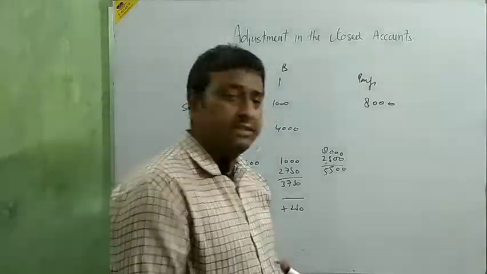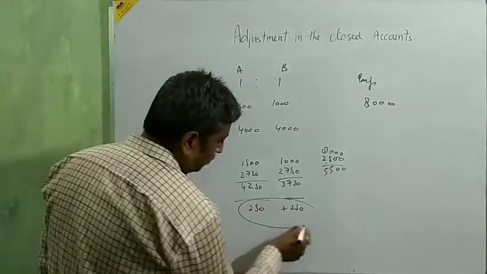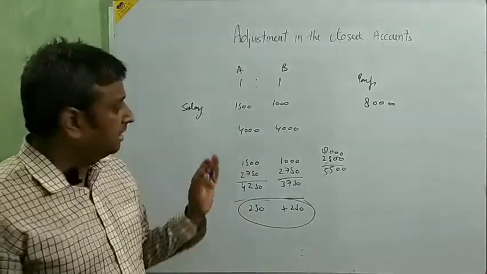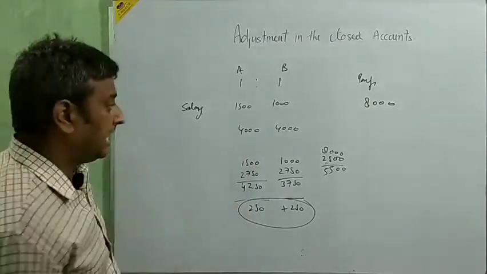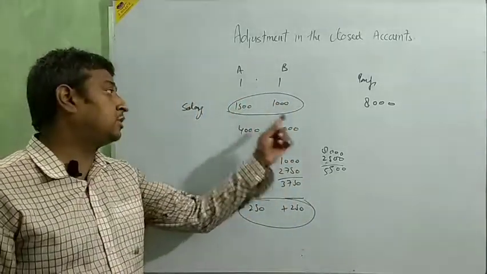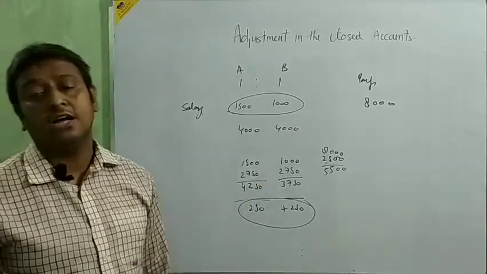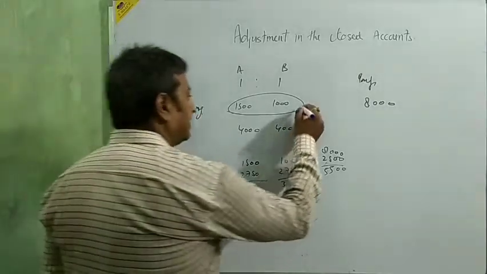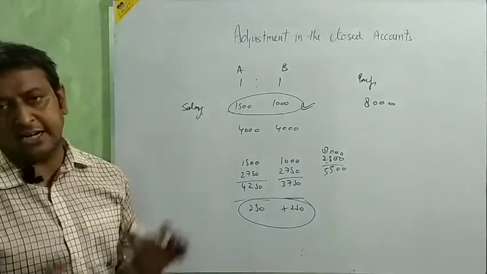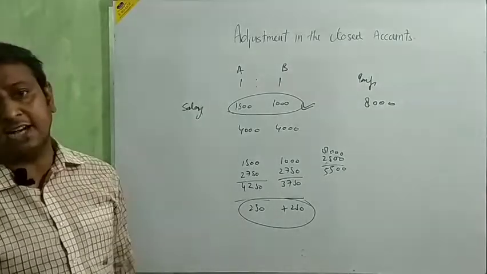It means in this type of case, the main problem is with this amount only, this 250 and 250, because the other amount is already set in the profit sharing ratio. Because we did not distribute that amount 2,500 as salary and directly distributed it in the profit sharing ratio, the problem is with this amount. So we show this amount, which was wrongly distributed in the profit sharing ratio, and then take the difference.